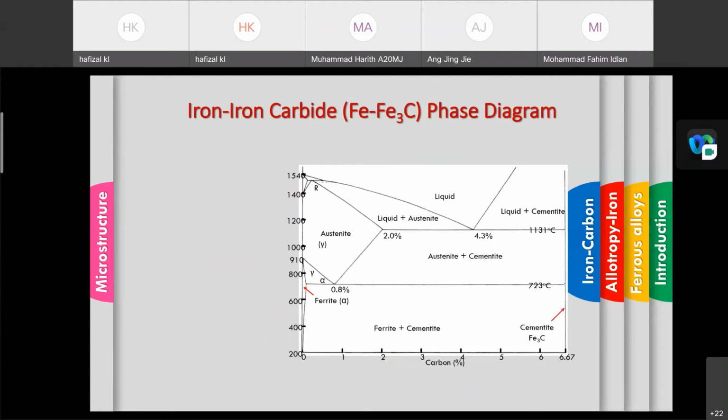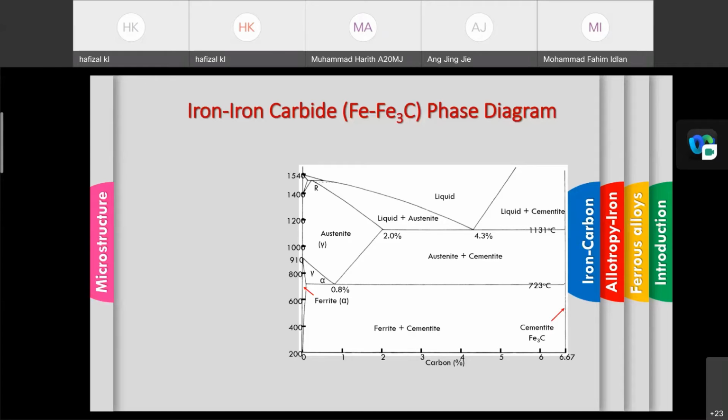Okay, so this is the iron carbon phase diagram. As you can see in this phase diagram, there are a lot of curves and also straight lines involved at certain temperatures. In this case, we have a line at the temperature of 723 degrees Celsius, and also the line of 1131 degrees Celsius. Okay, from there we can